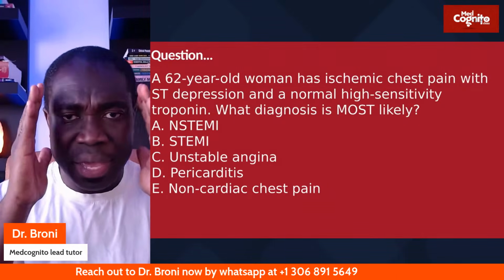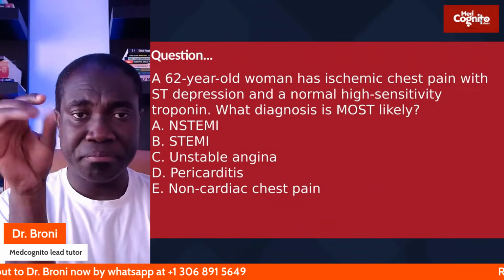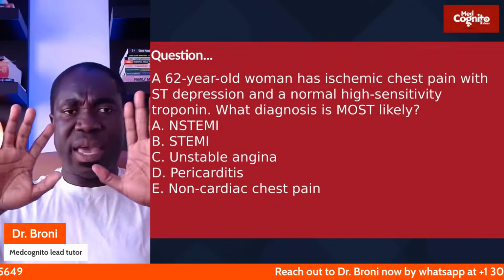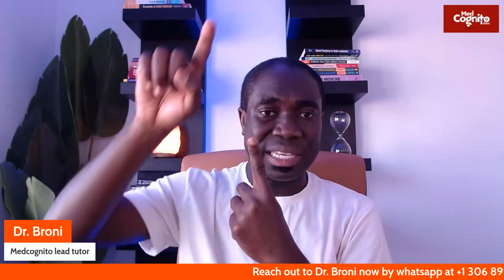So let's take it from here. How will I rule out STEMI if there's no ST segment elevation? I have a clinical case where I'm presented with three options that I need to choose between: STEMI, NSTEMI, and unstable angina. In STEMI, there's ST segment elevation on the ECG, and I'm going to show you pictures. That is how I will separate STEMI from NSTEMI and unstable angina. Now let's put that aside. So now I have unstable angina and NSTEMI. How do I differentiate between the two?